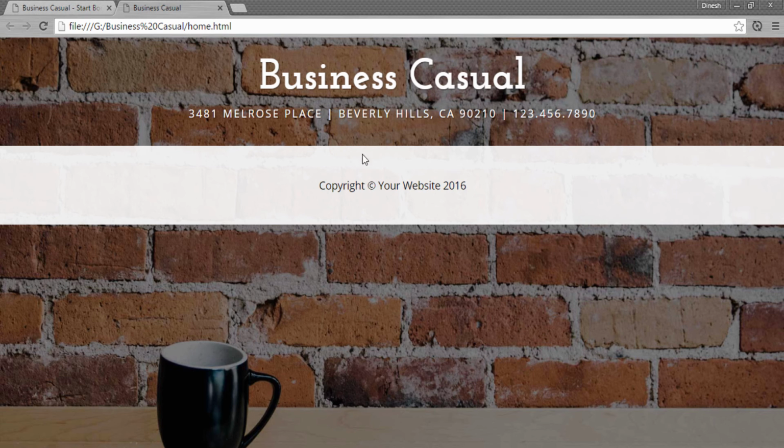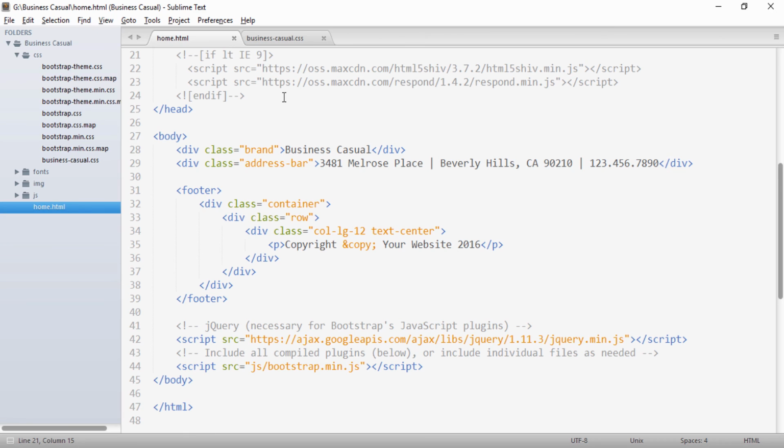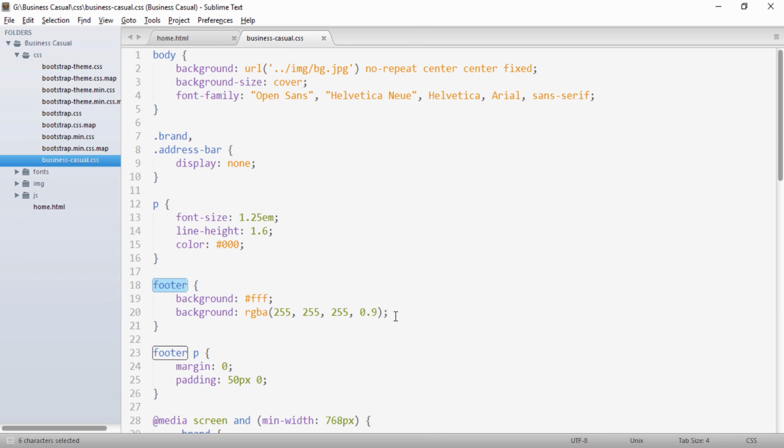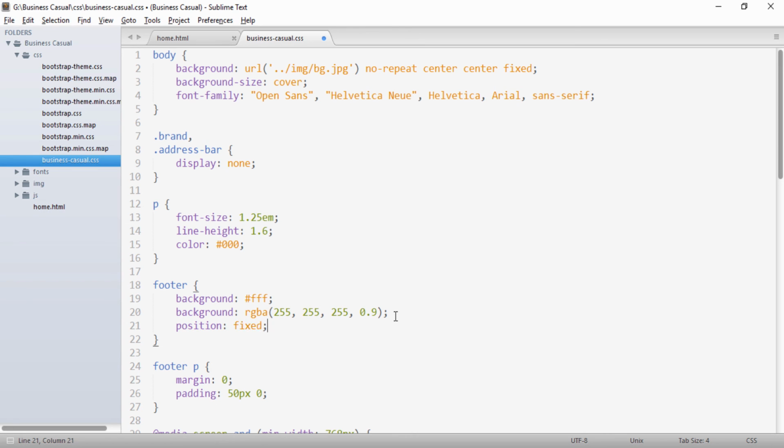Friends, in order to make this footer fixed and lie at the bottom of the website, we can also provide CSS to the footer element. Let's go to our editor, and to this footer element we first provide the CSS property position as fixed, as we want to make this footer fixed to the bottom of the website.